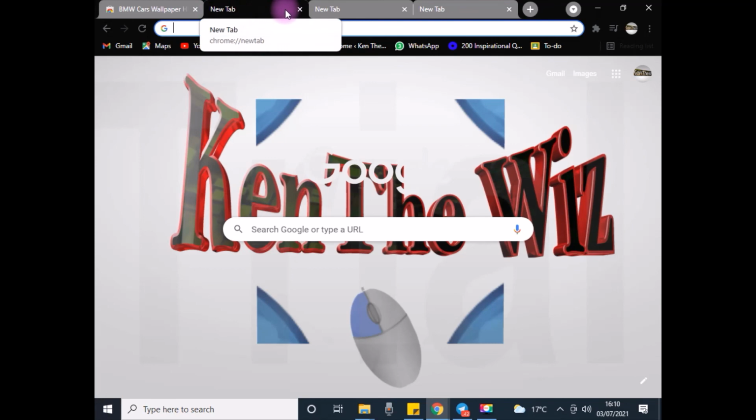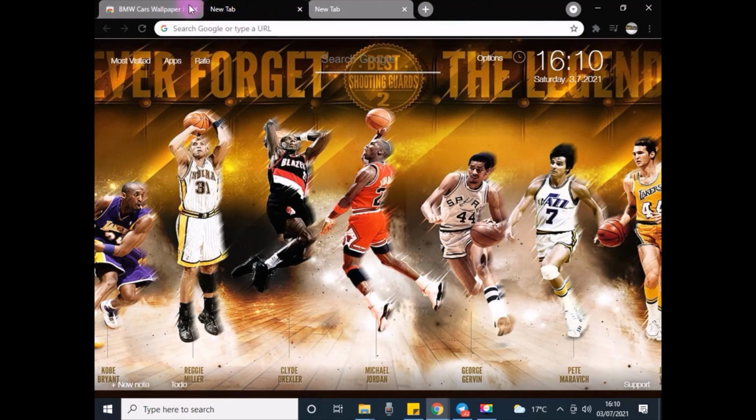Guys, that is how you can revamp your Google Chrome homepage. Just a quick